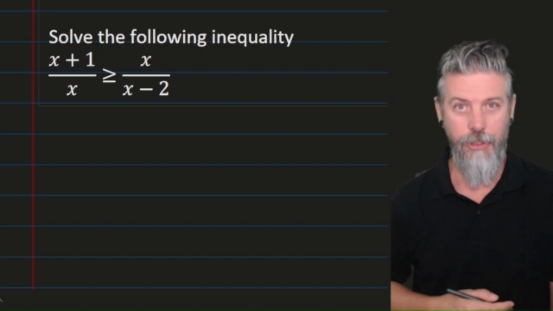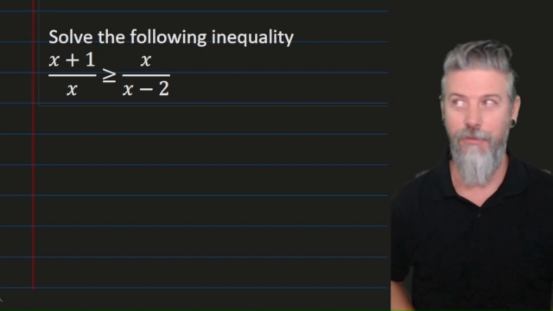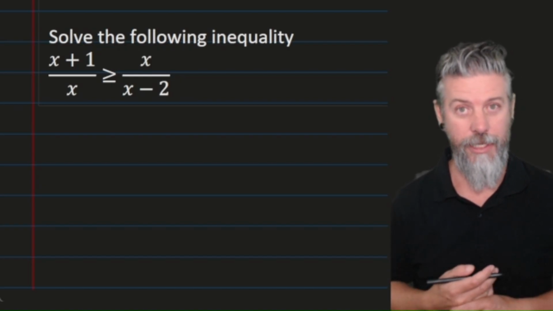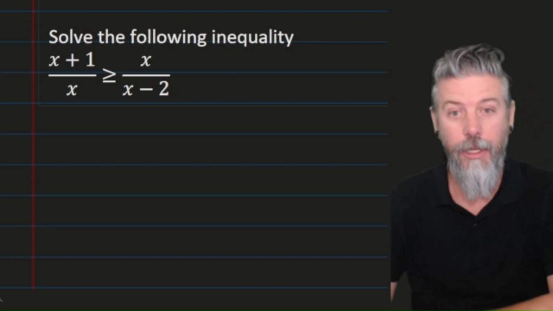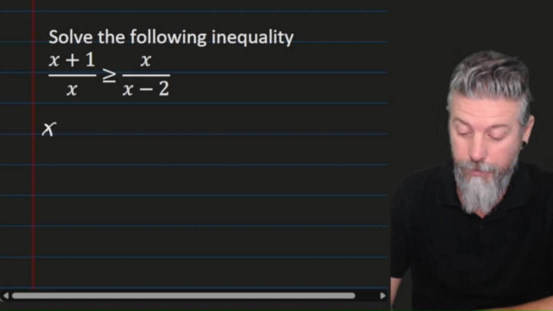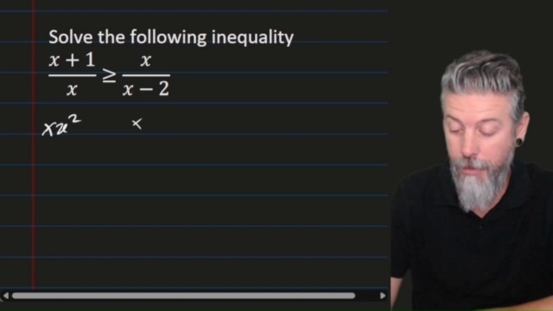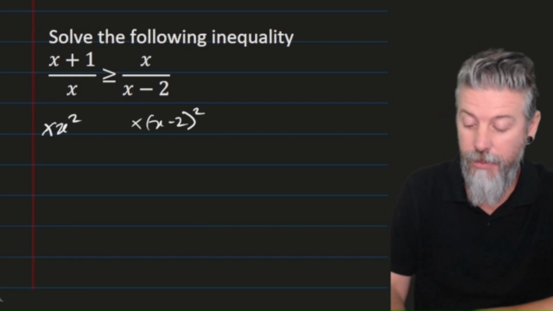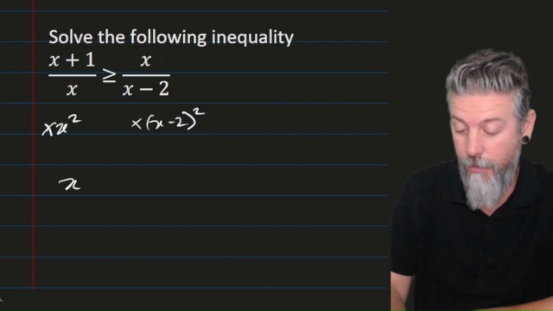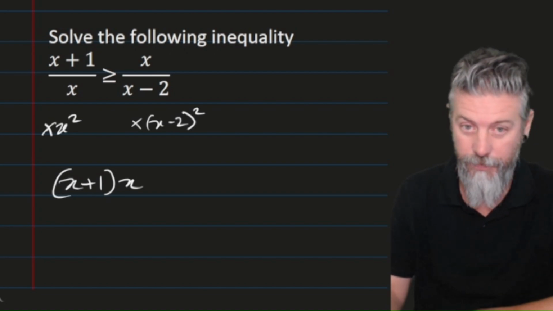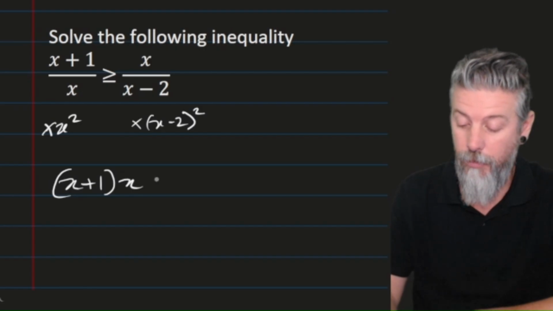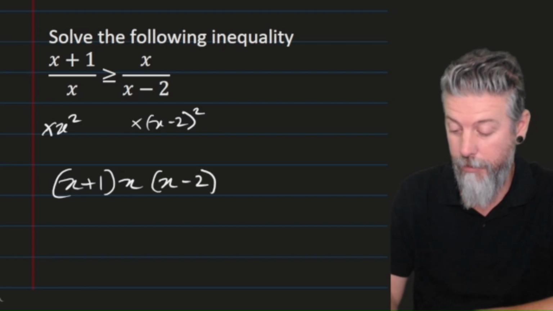So first of all, I'll show you the method that I have been using for the last 15 years, this multiplying by the square of the base method. So we'll multiply both sides by x squared, and we're going to multiply both sides by x minus 2 squared. So what we're going to get, on the left-hand side, one of the x's is going to cancel, so we're just going to have an x multiplying up the top, because the denominator is cancelling with the x squared. And then we're also going to get that x minus 2 squared coming across from the other side